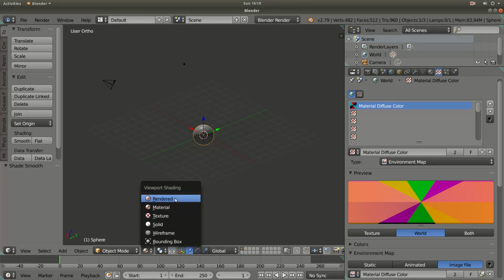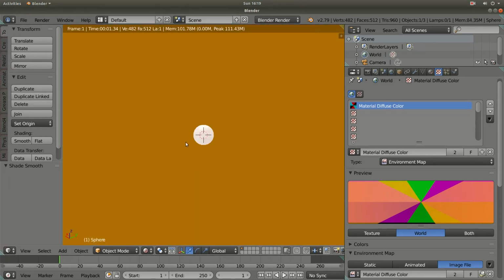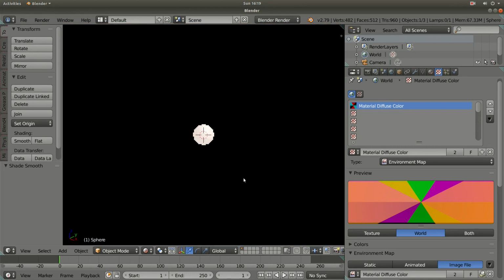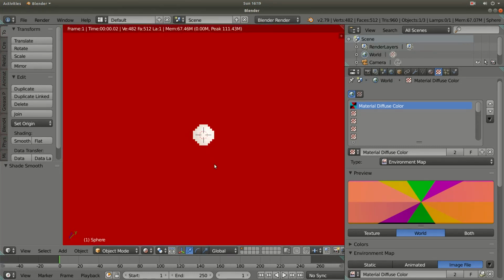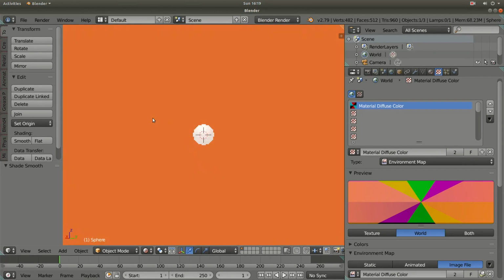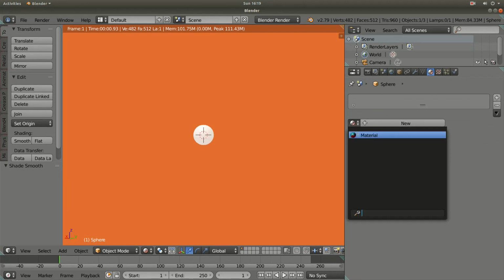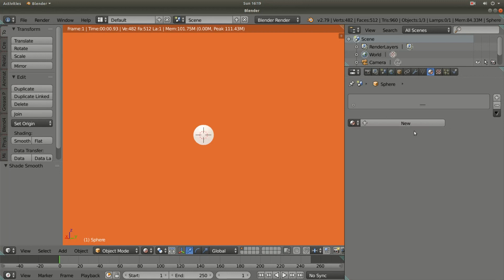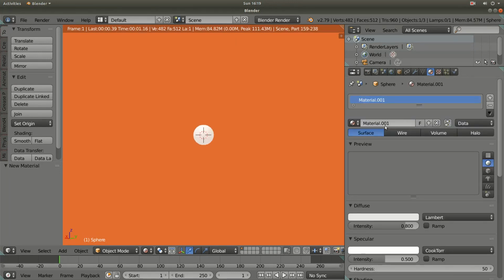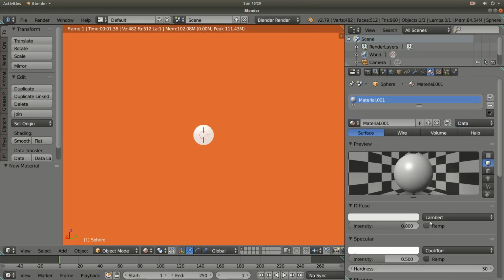Then this is done. So the sphere is now, there is no material, so I am assigning a default. I am creating a new material, and I am keeping this default,